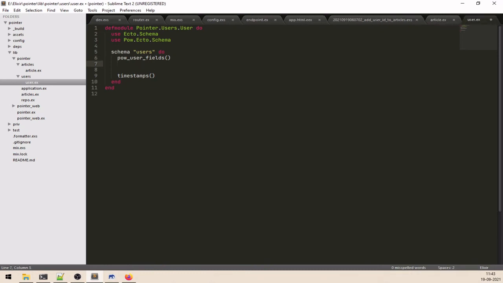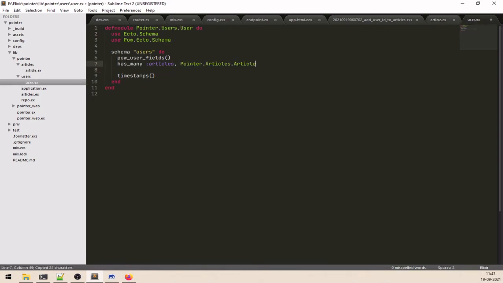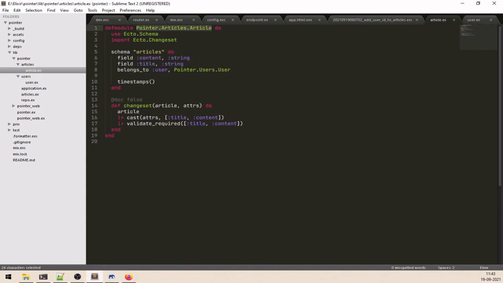has many, right? So let's type has many. What will it have? Many articles, right? User has many, you can read it like this: user has many articles, and article can be, let's copy this, and name of the user. This is how we can manage the relationship in code. Okay, apart from this, back to the article,